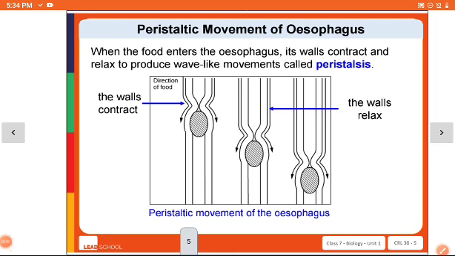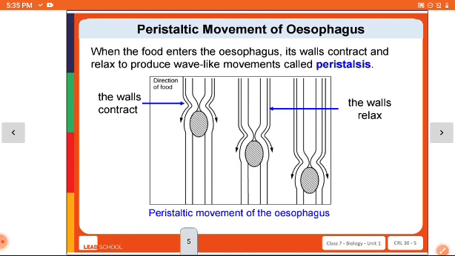Peristaltic movement of the esophagus: when food enters the esophagus, its wall contracts and relaxes to produce wave-like movements called